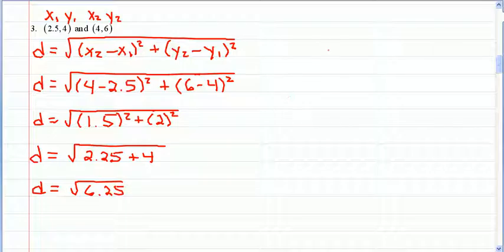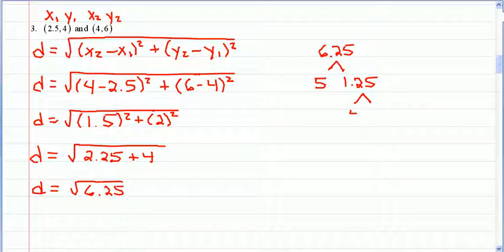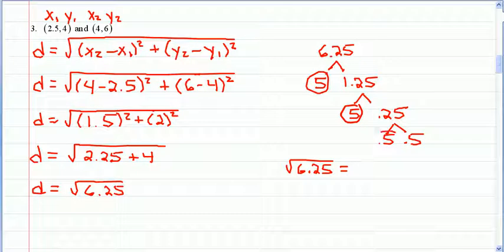So on the side, if I take 6.25 and split this up, I still want to write my prime number on the left. 5 times 1.25 is 6.25, and then 5 times 0.25 is 1.25, and then for 0.25, this is 0.5 times 0.5, so when I take the square root of 6.25 and write it as 5 times 5 times 0.5 times 0.5,